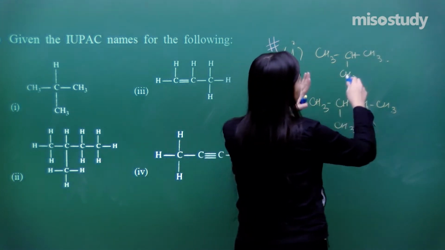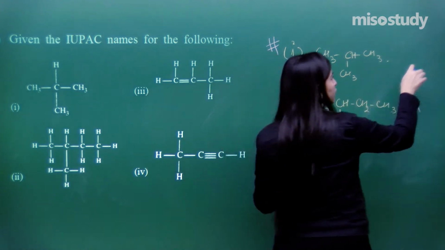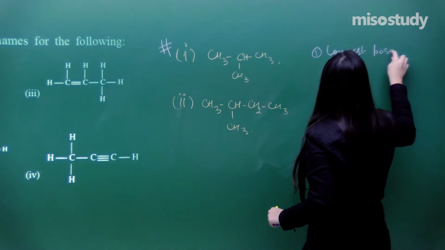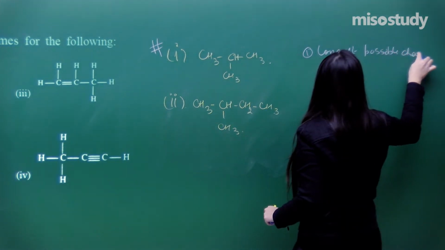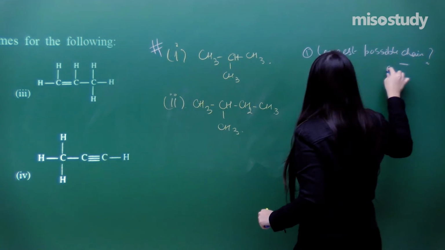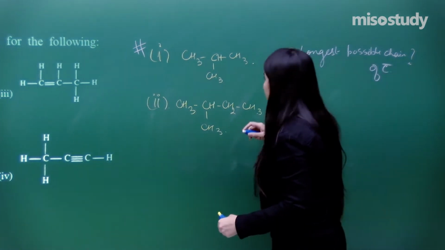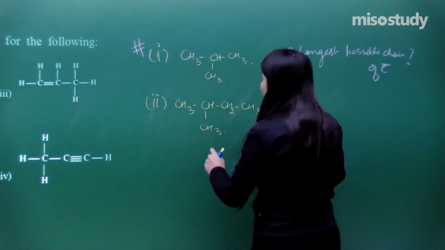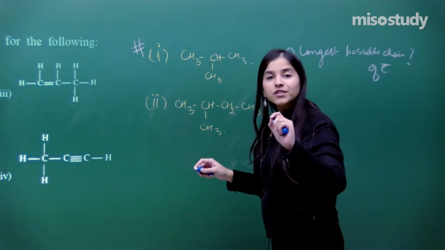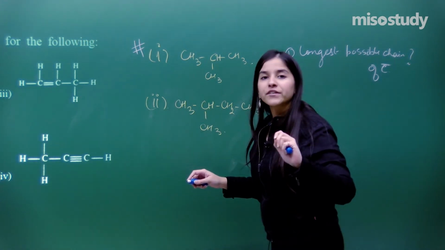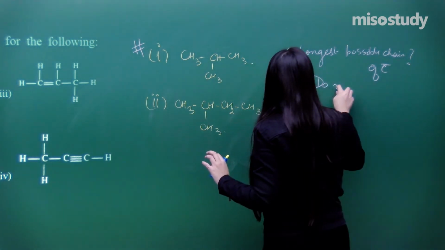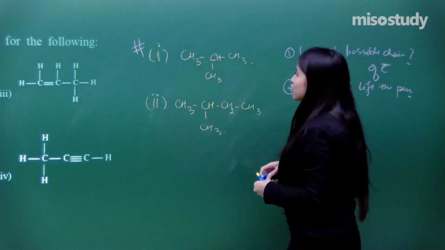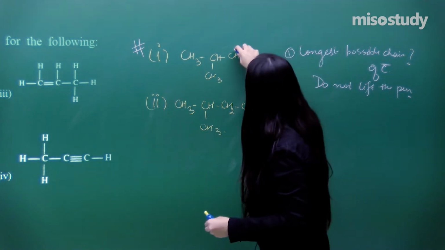Which is the longest possible chain? How to find out the longest possible chain? Longest possible chain of carbon, okay? Of carbon I need to find out. So the longest possible chain, second thing which you need to remember is, while choosing the chain, do not lift your pencil or pen or whatever you are using, okay? So do not lift the pen. That means you have to draw a straight line. How? See, longest possible chain,